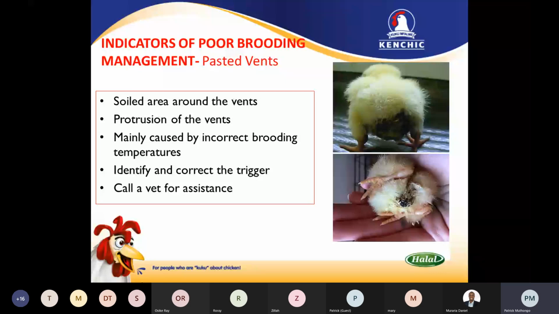So mainly caused by incorrect brooding temperatures. Sometimes the temperature is too high, imagine coming from 33 degrees acceptable to the bird all the way to room temperature. That's a very huge variation, especially when you're using the GCOs. So always ensure that you have optimum, consistent brooding temperatures within a short range. Maybe if you're using a brooder GCO, you might be unable to hit the consistent 33, 32 degrees for the first week. But at least ensure that that variation is not that huge, and your chicks get warmth all the time,